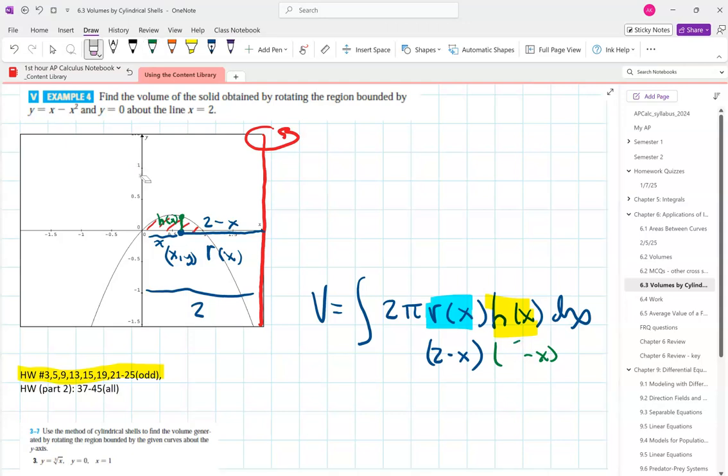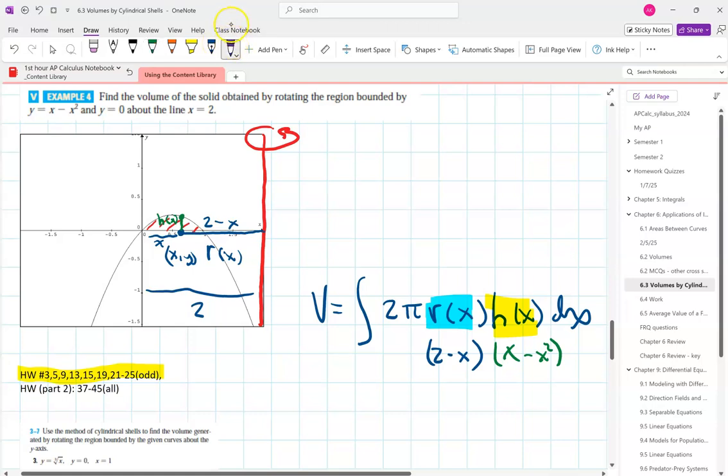Oh, I'm sorry, yes, thank you. Does everybody feel okay as to how I came up with my functions for r of x and h of x? Now, the last thing I need to do is,